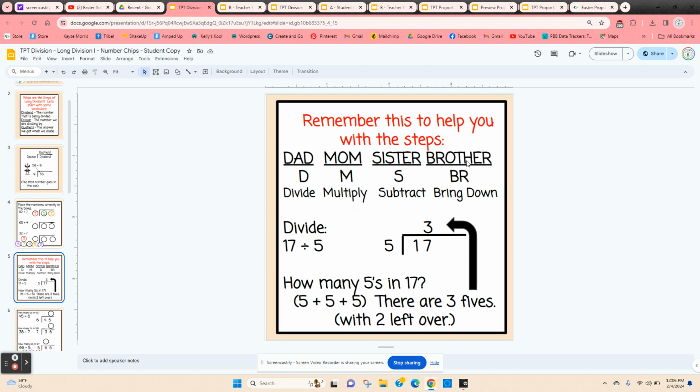Dad, mom, sister, brother for divide, multiply, subtract, and bring down. So these steps in this order. And if the problems get longer, they would have to repeat the steps again. So here's 17 divided by 5. The first step is divide. So how many times will 5 go into 17? 3 times with 2 left over. So the next slide,